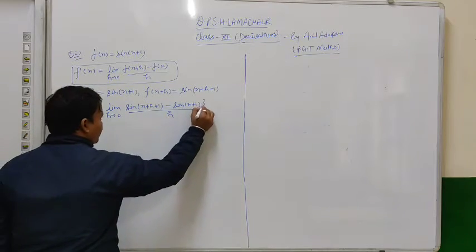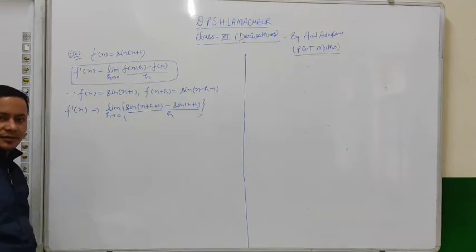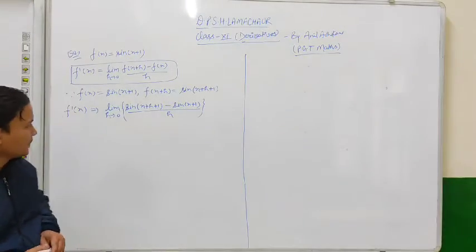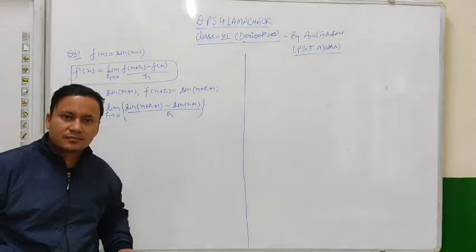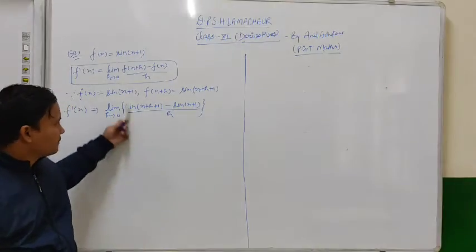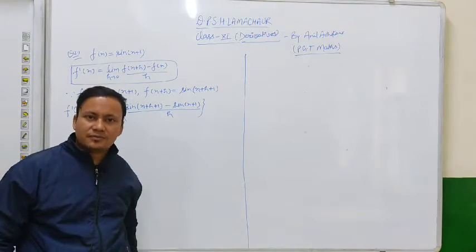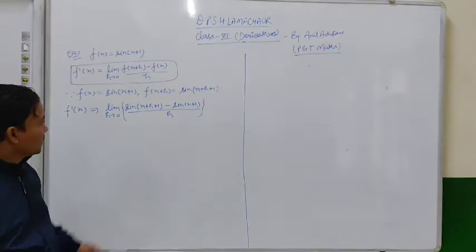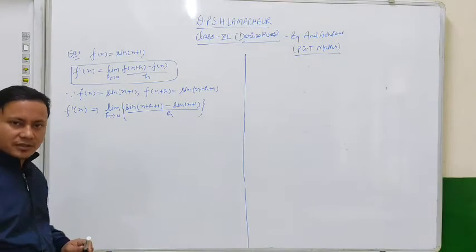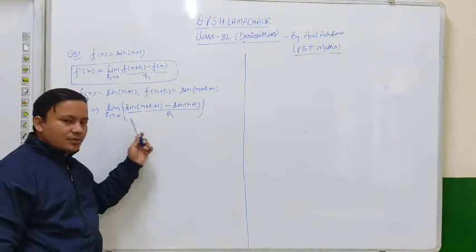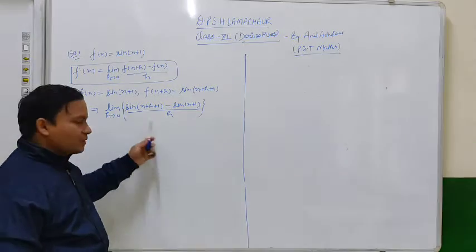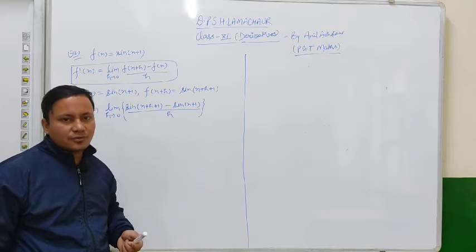Okay. Now again see here, this is converted to a limit question. And if you are using the direct method, it means if you are putting the value of h tends to 0, then this function will turn to the indeterminate form. So what we have to do here, we will use the formula of sin x minus sin y. In trigonometric functions, I have taught you the formulas, and I told you that these formulas will be used in the further chapter, so you have to learn it.